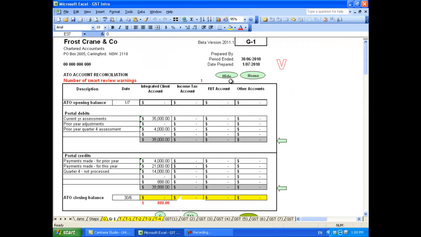The second step involves reconciling the client portal account and ensuring there are no differences between the opening and closing portal balances and the figures you have processed. If there is a discrepancy, as shown here, it is necessary to keep reconciling the integrated account until that difference is identified and eliminated. The third step